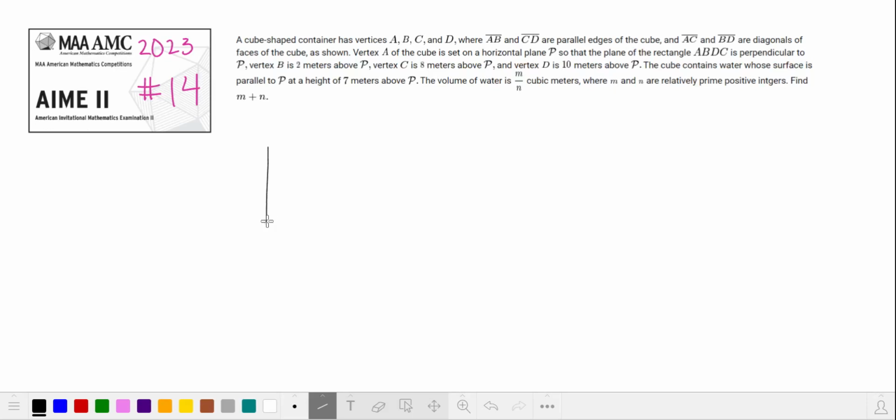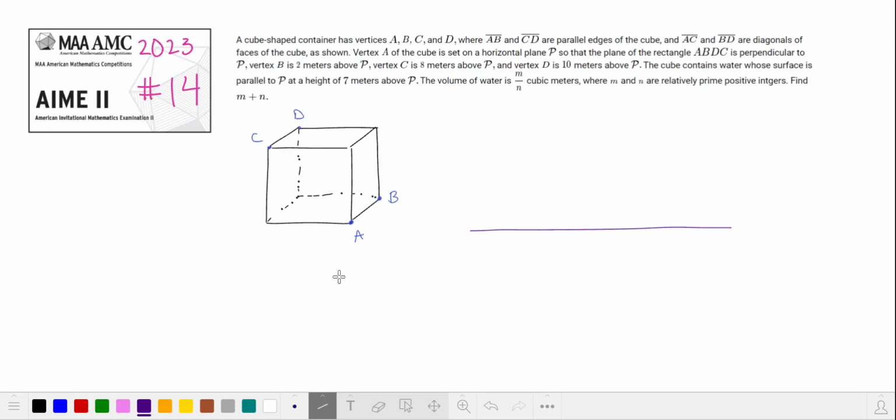First, we'll draw our cube so that we can identify the correct vertices. A and C are diagonals, so I'll put A over here and C over here. AB is parallel to CD. Let's take a view of our cube and rectangle ABDC with respect to the plane, looking edge on from the